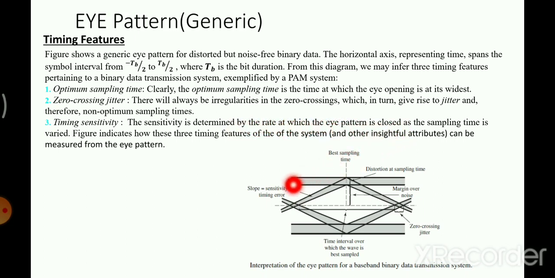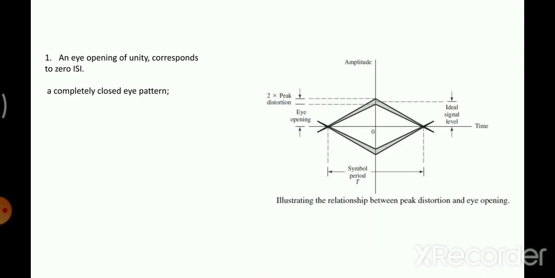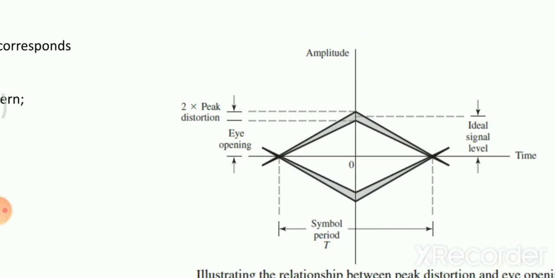If it is more steep, then closing is not that frequent. If it is not steep, with a very low slope, then closing is quite frequent. Another way is to find out in terms of peak. For example, if the same eye pattern looks like this, there is a peak duration. This is the eye opening. The zero line has been taken as the eye opening. This is the ideal interval. Above that and below that, these are called peaks.